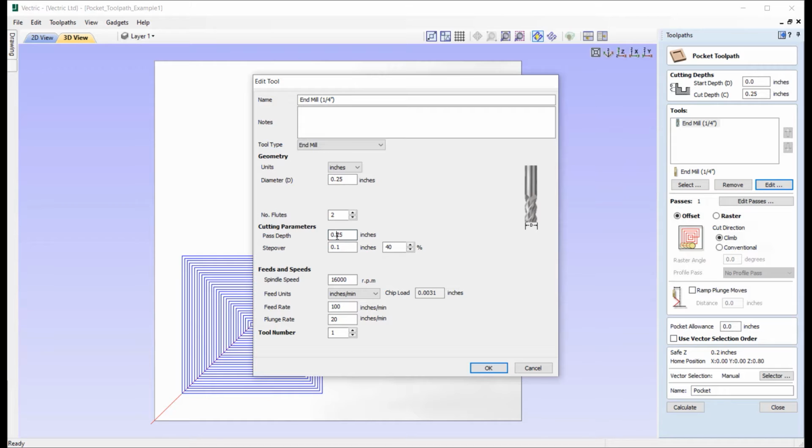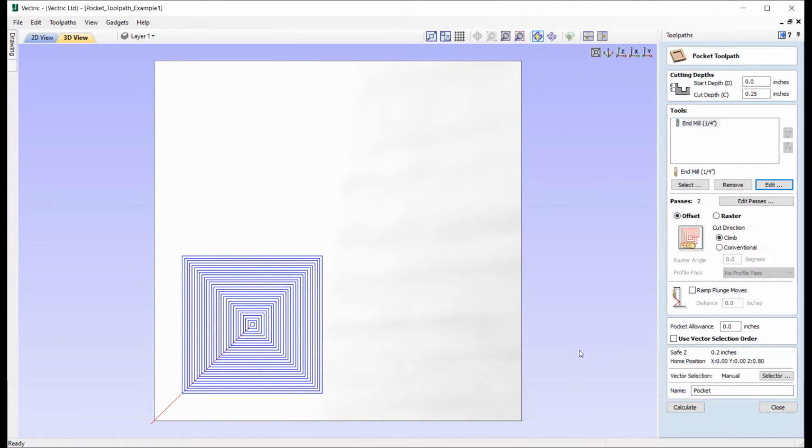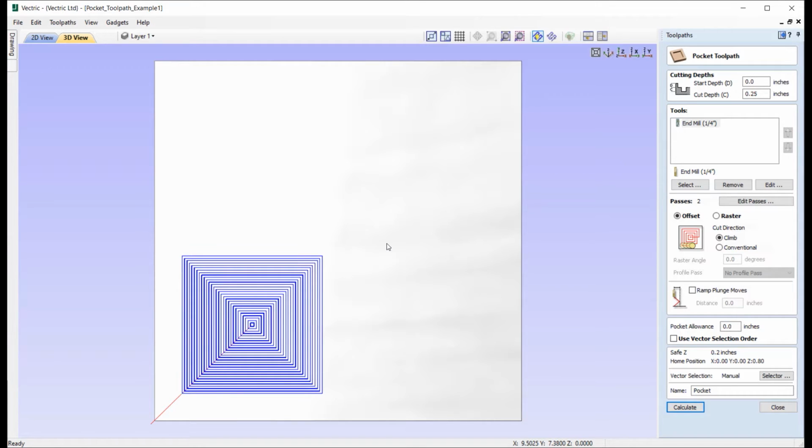We'll look at some other things that we can alter. So the pass depth here, we currently have that at 1/4 inch, and you'd seen that that cleared that out in one pass because it was the same as our cut depth. Let's have a look at an example where we alter the pass depth to 1/8 inch. And so here we could go ahead and press OK. Now in this example, we're just going to press Control on the keyboard followed by clicking on the calculate button, and that will calculate our preview without opening up the preview toolpaths form, and this just makes it easier for us to make edits in this form if we need to,